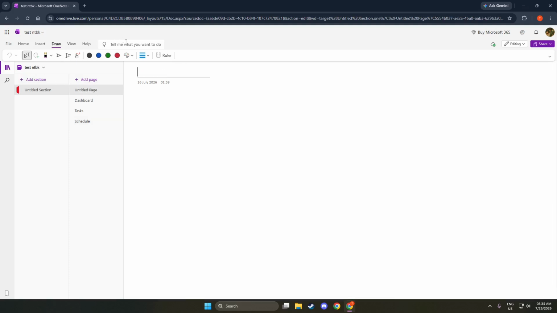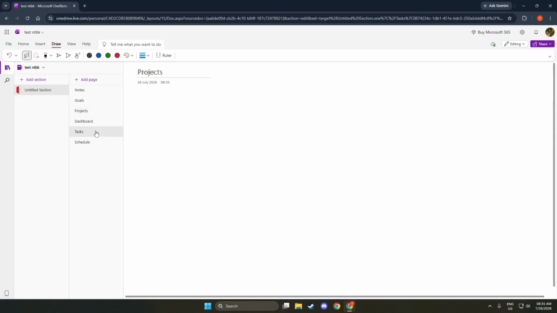Once you have your sections, let's add checkboxes for tasks. You can find the checkbox option in the toolbar. Click on it and you will see checkboxes appear next to your tasks. This makes it easy to track what you need to accomplish. Checkboxes provide a visual cue for your progress. You can check them off as you complete tasks, giving you a sense of accomplishment. This little step saves you a lot of time later, as you can quickly see what remains to be done.